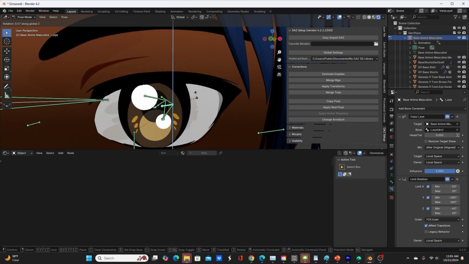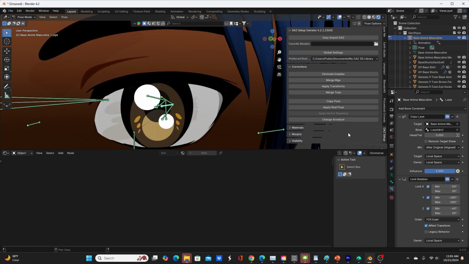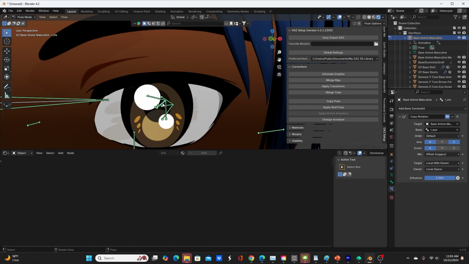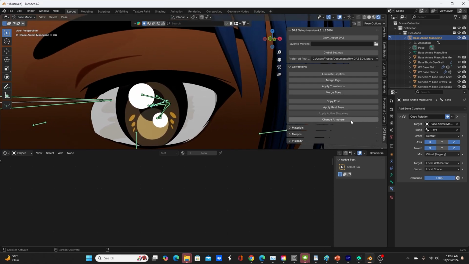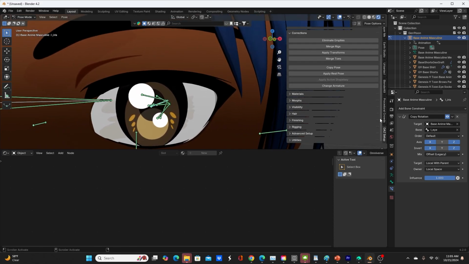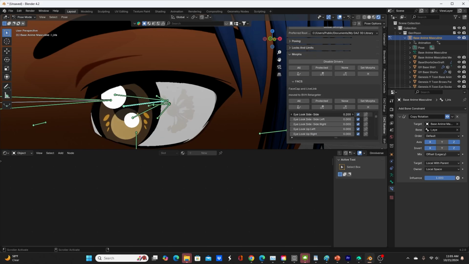And if I move it on the z-axis, it's doing the opposite of what the eye bone is doing, so we need to invert there as well. So selecting the iris bone, invert there. So now, if I go back to Daz runtime and do the side to side,